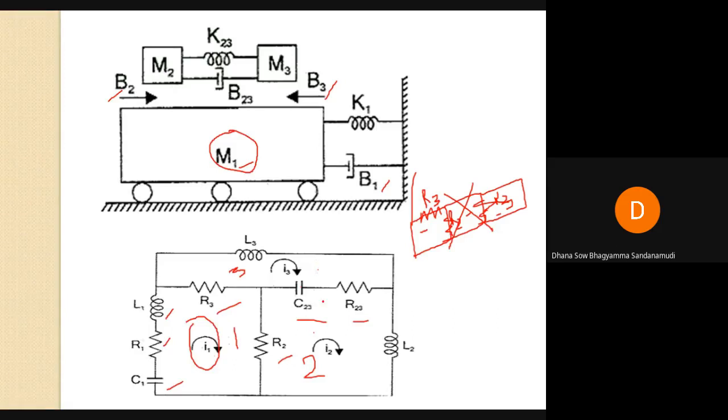So first you have to draw the common terms. Why? Because you have already drawn the common term here and it is understood that loop 3 will be here. After drawing the common term, write down M2, which is nothing but L2. Now what is left over? M3 is left over. Now draw M3 in loop 3. M3 is nothing but L3. I hope you have understood.